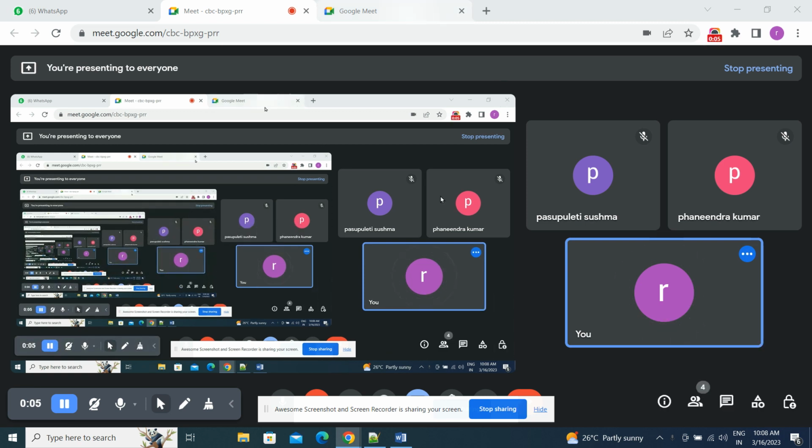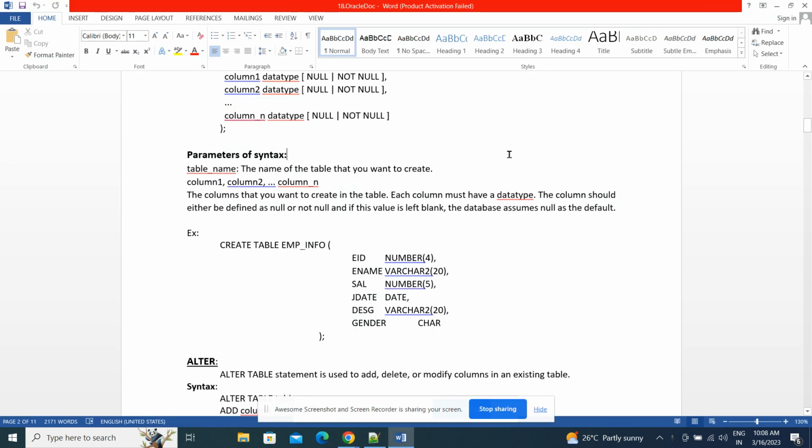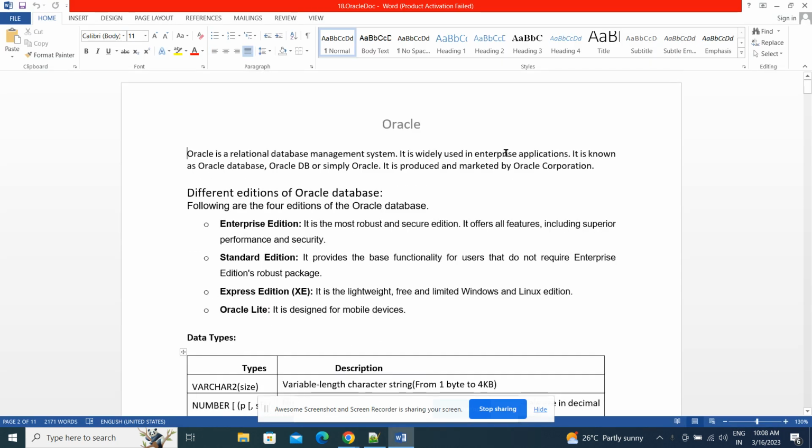Okay. So to work on Oracle database, first we need to install the Oracle software. How to download it means just go to